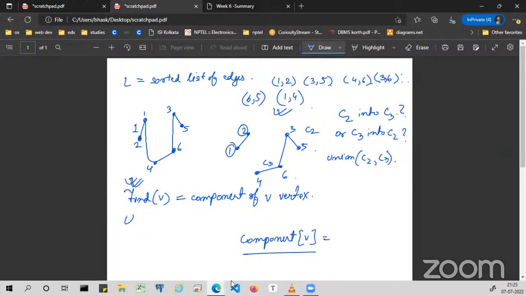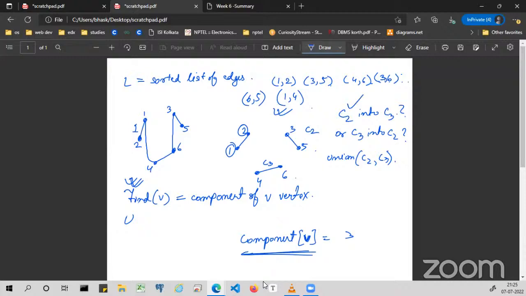I would go into the slide and we would discuss again. So find V is basically you are storing a component data structure, a component dictionary, and in that component dictionary the key is the vertices and the value is the component number. Correct. So initially the component number of the vertex would be the vertex itself. Let's say for vertex 3, the component is 3 before the start of the algorithm. But once the algorithm proceeds, whenever I would match two components, whenever I would join this 3, 6 edge,